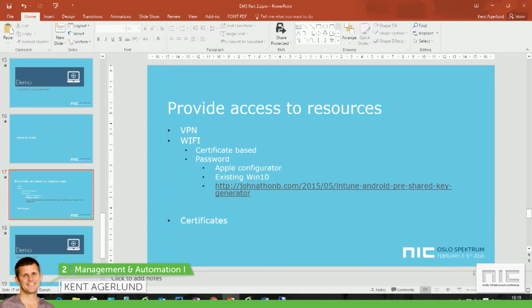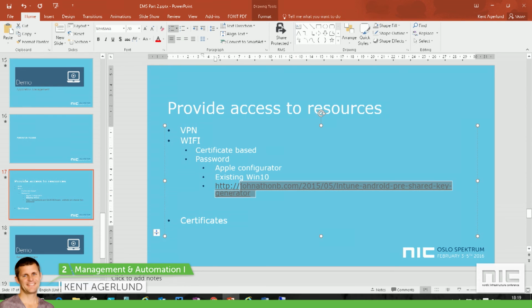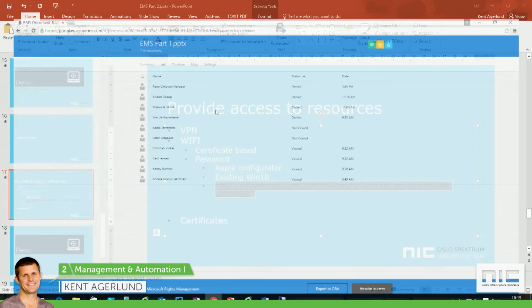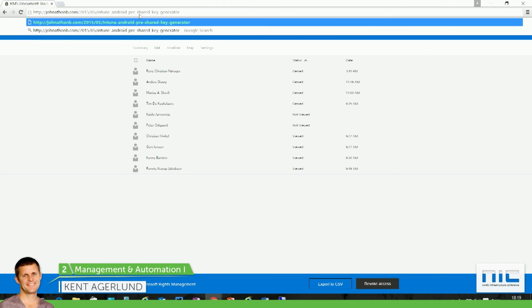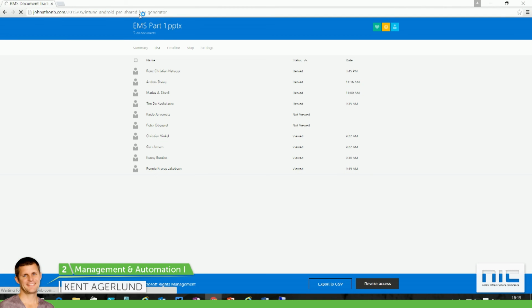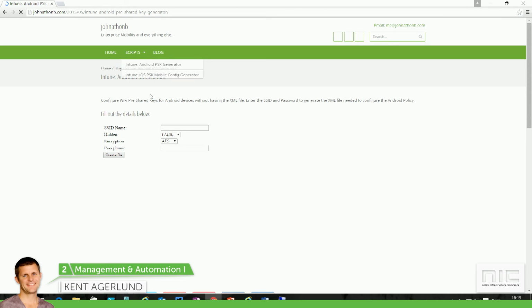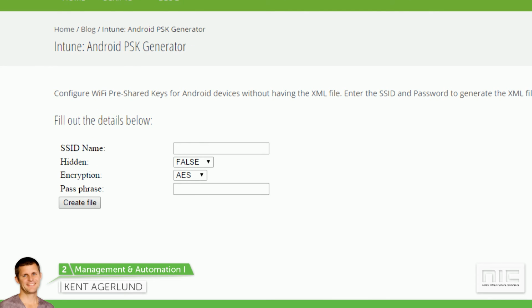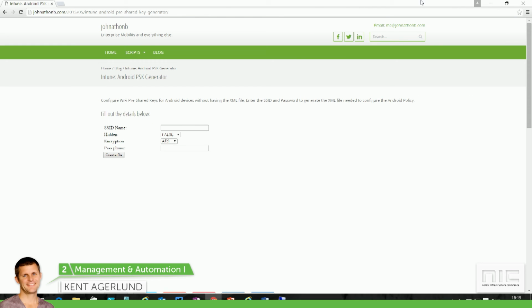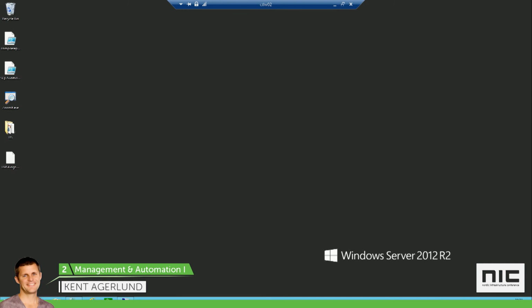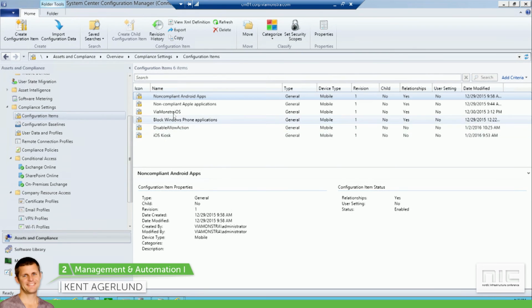If you have Android, go to Jonathan's blog here. His blog will help you create the XML file that you need. So in here, you simply punch in your SSID and then your password. Once you've done that, it will create the XML file. That XML file, you copy to SCCM, and